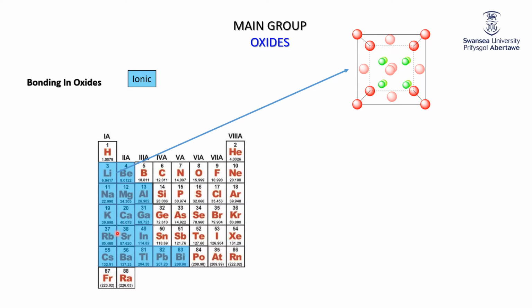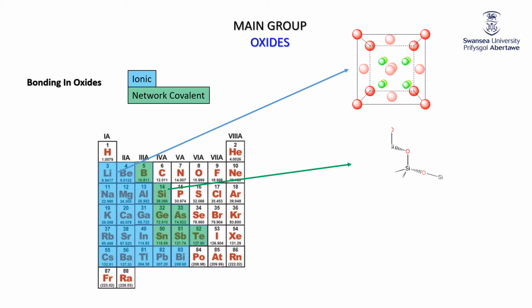Now something should leap out at you, smack you in the face, and that is that there is a metal that is not an ionic oxide. Don't talk about the radioactive ones, because we don't talk about the radioactive ones, and that is tin. Tin's oxide is much better described as being network covalent, which is a type of bonding with which you should be familiar. Boron, silicon, germanium, arsenic, antimony and tellurium, in other words all the metalloids by and large, form network covalent oxide bonding. A nice example of that is silicon dioxide,